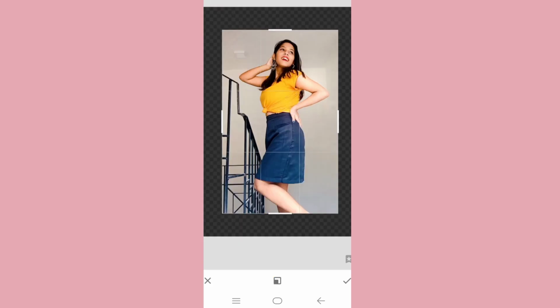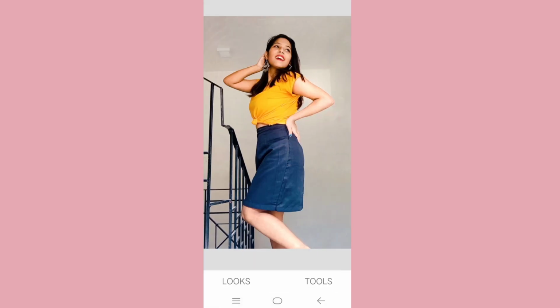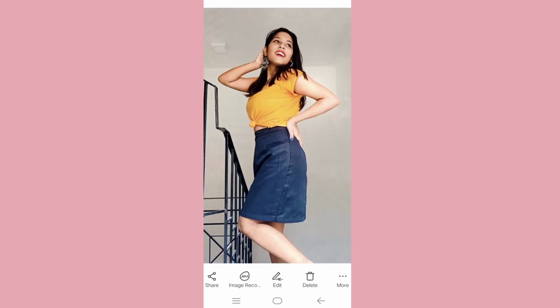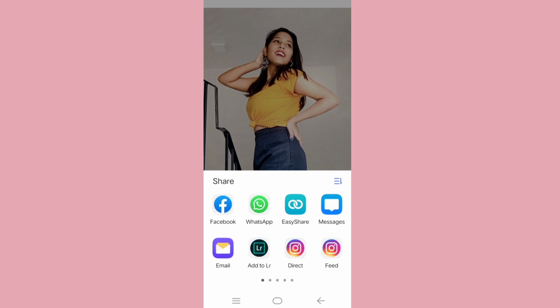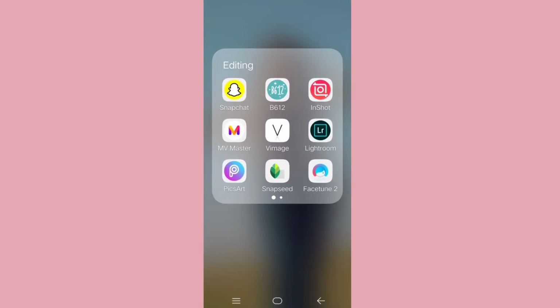And now I am expanding the side so it looks better, and then healing that unnecessary part. And yeah, that's it. Snapseed is done, and then I add the picture to Lightroom.